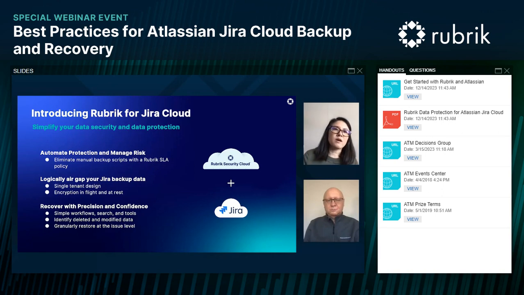And when it comes to restores, customers are able to granularly restore data, restore individual issues, restore a set of issues, and restore settings as well. So we provide a solution that makes it easy for customers to restore at a granular level.